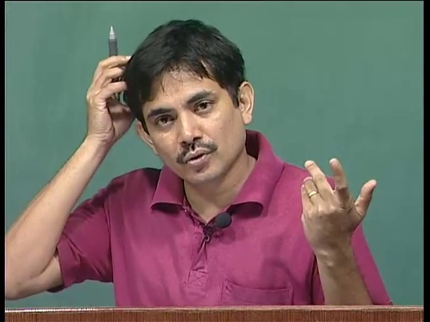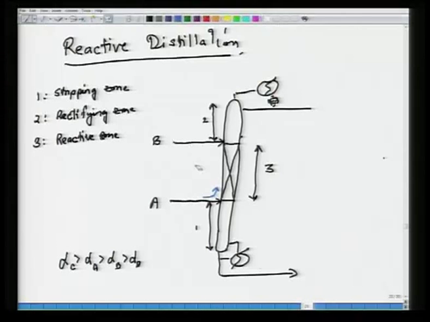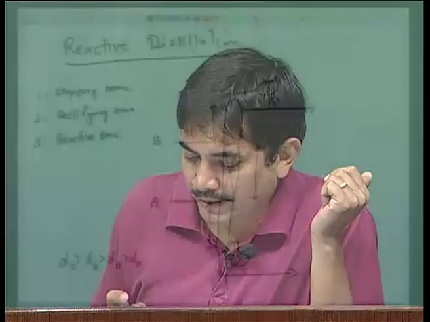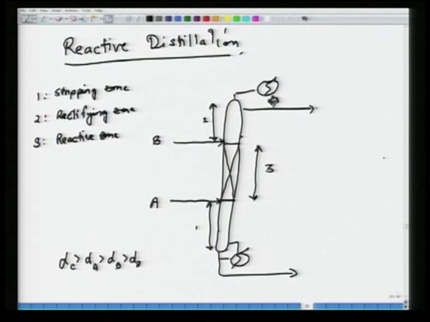The reactive zone would have been starved of reactants because the reactants escaped. So, it is necessary that B be put up just above the reactive zone and A be put just below the reactive zone. Okay. The 2 feeds have to be in this way. This will ensure that the reactants are seeing the reactive zone and therefore, there will be reaction, and whatever C and D get